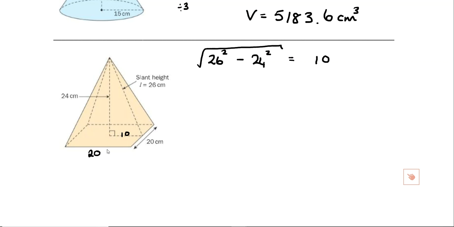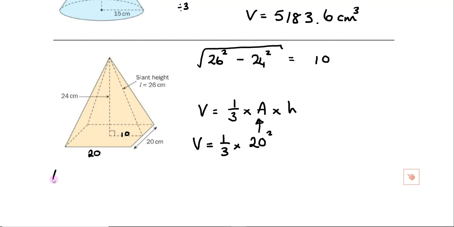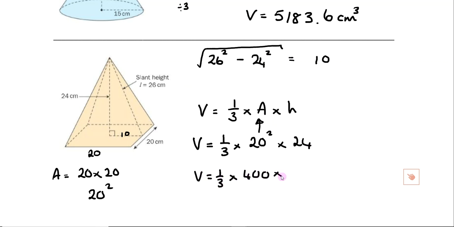If you assumed it was a square-based pyramid, because that's what we've basically been doing, we then just have volume is 1/3 times the area of the base times the height. So that would be 20 times 20, 20 squared is the area of the base, times 24. So I've got 1/3 times 400 times 24, and the answer we get is 3,200